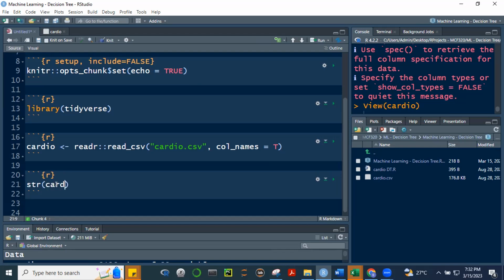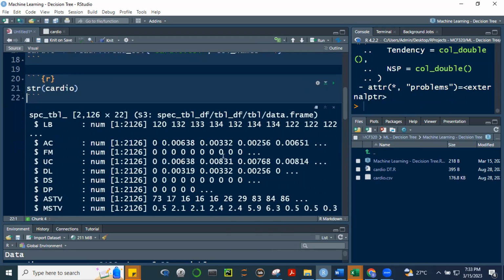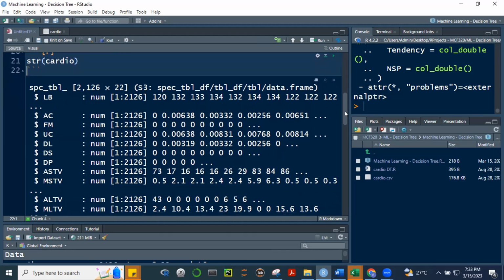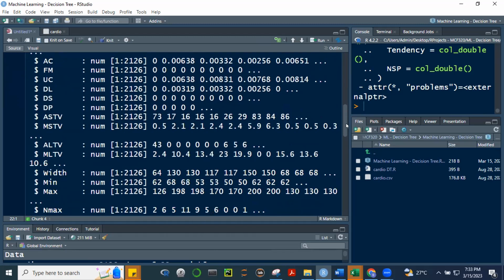But before anything else, let's take a look at the structure. Tingnan natin structure ng cardio. Tingnan natin kung ano ba yung laman nito, no? Okay, tingnan natin si cardio. So it's a table. It's a special table. Data frame siya. So we have here 22 variables, 2,126 rows observations. All right, and here are the variables LB, AC, FM, UC, LC. So these are all mga body details, mga body metrics.